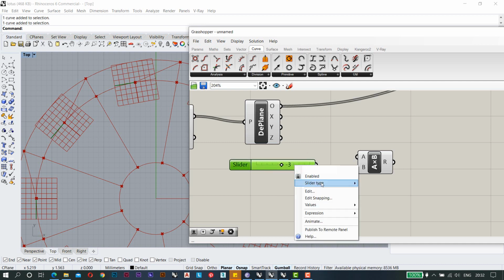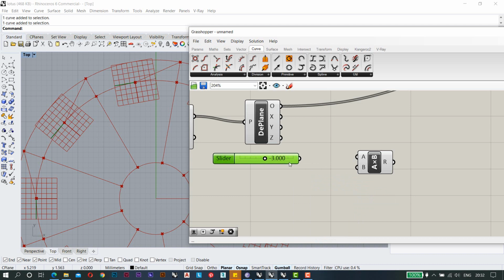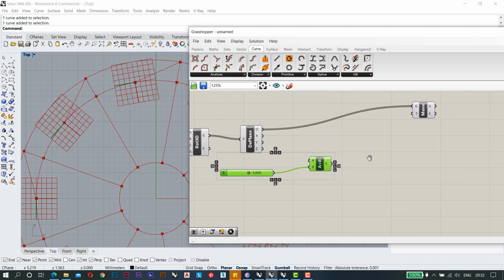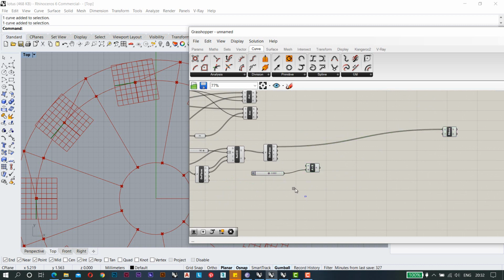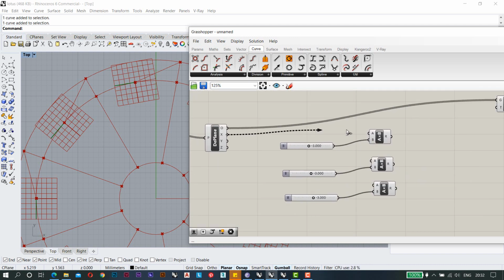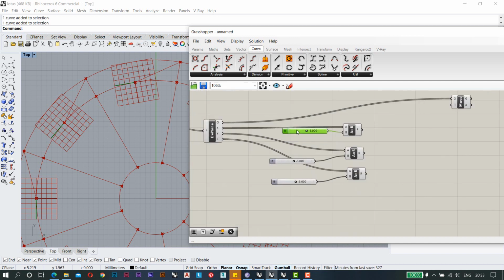Basically I will just make it into floating numbers. So this will be there, and I need the 3 of it. This is 1, 2 and 3, and all these X, Y and Z will be connected to this one. So this will be my first thing that I'm going to do.